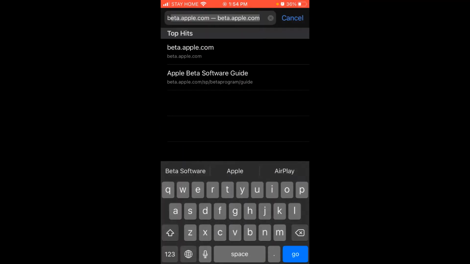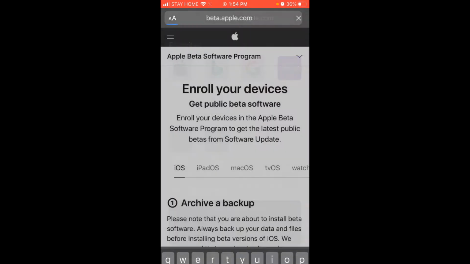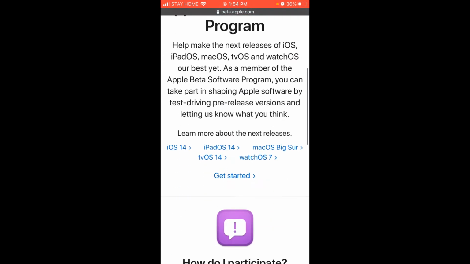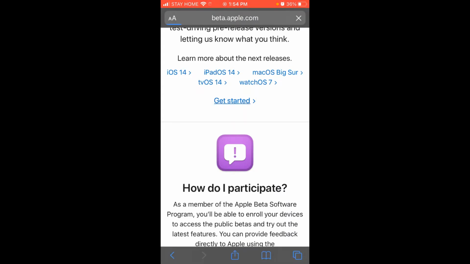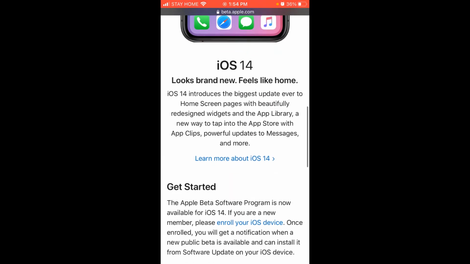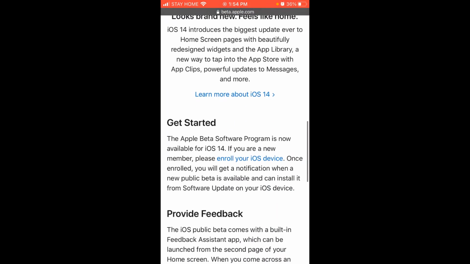What you want to do is go to beta.apple.com, then go to iOS 14 because you want iOS 14. Get started, and first you have to sign in. In my case, I'm already signed in, so you have to go here, enroll your iOS device,